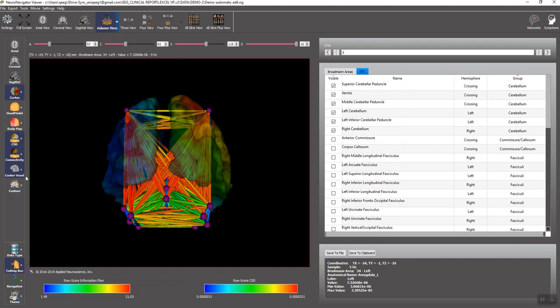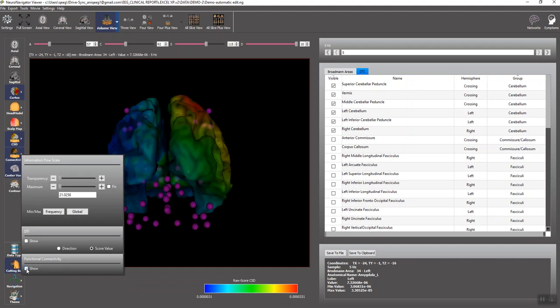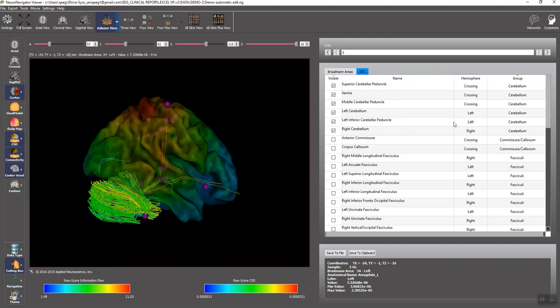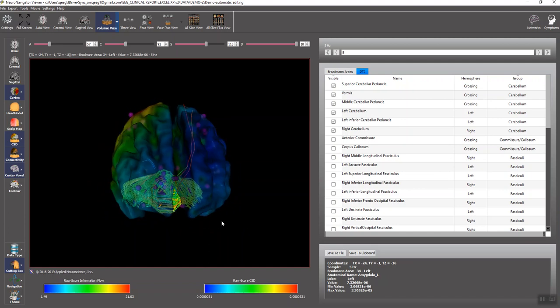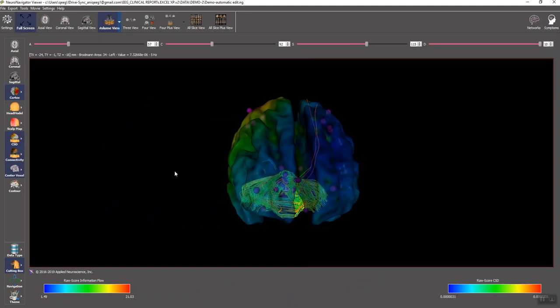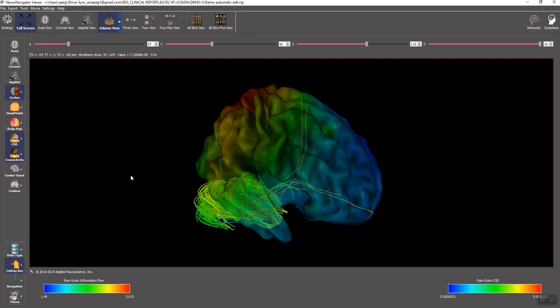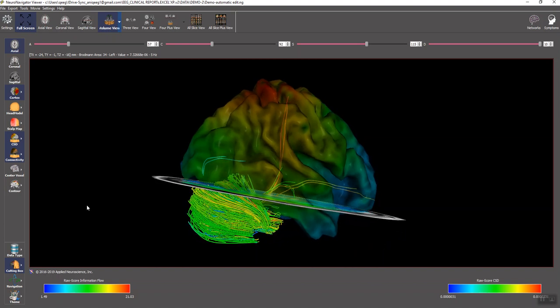I'm now going to deselect the functional connectivity, so it's gone. I'm going to select the cerebellum that I just selected over here. This is the diffusion tensor imaging of the cerebellar peduncles. I can click full screen, so now you can just look at this particular view. I'm going to get rid of the center voxels, and you can get another view of the brain. Put the axial slice in. You can sort of see the